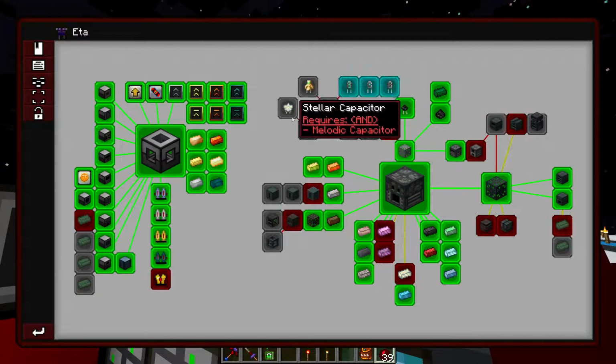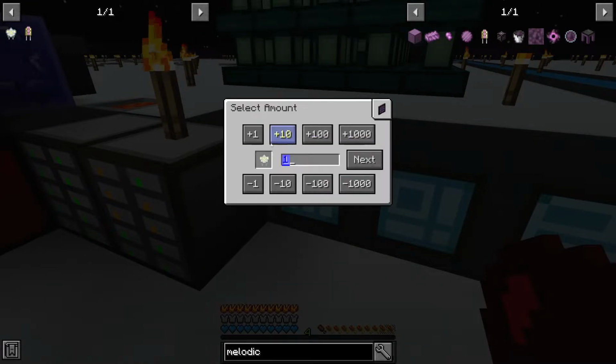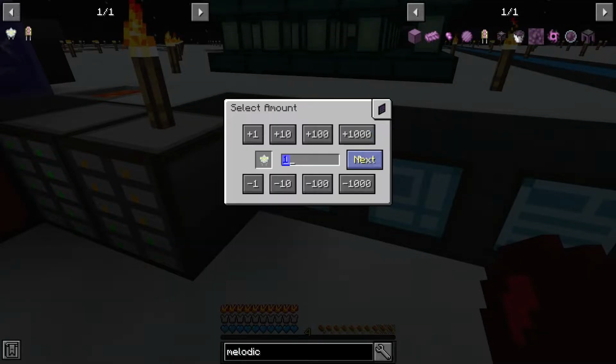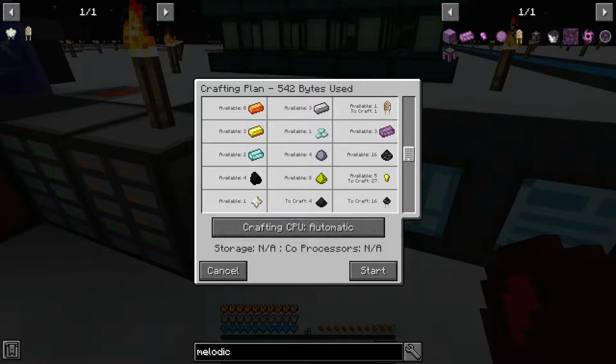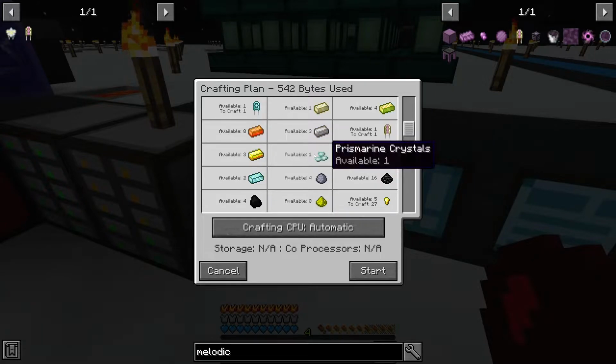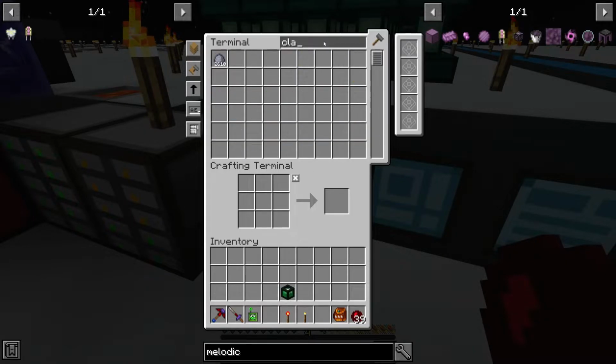Okay, that's fine. So let me go ahead and craft up a stellar. Let me put these back in. Craft up a stellar capacitor. It says we can. I think I automated everything except shulker shells, and prismarine crystals and clay also. Clay we made a bunch of. We have a clay